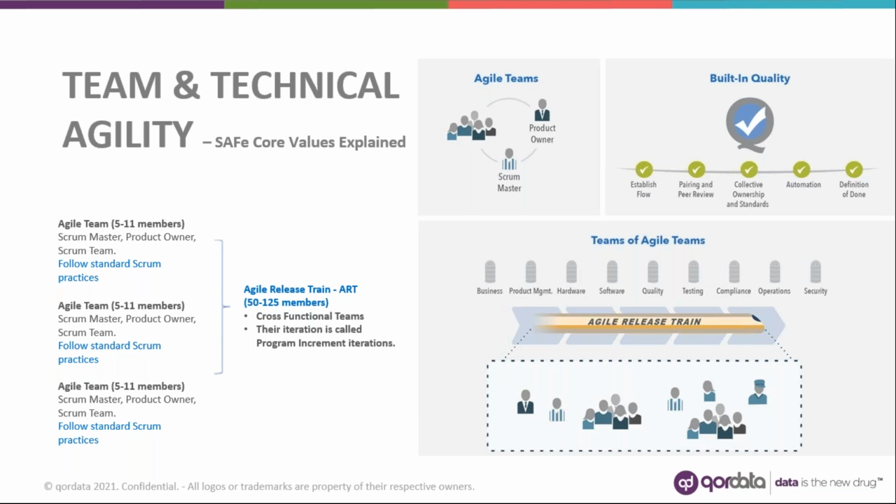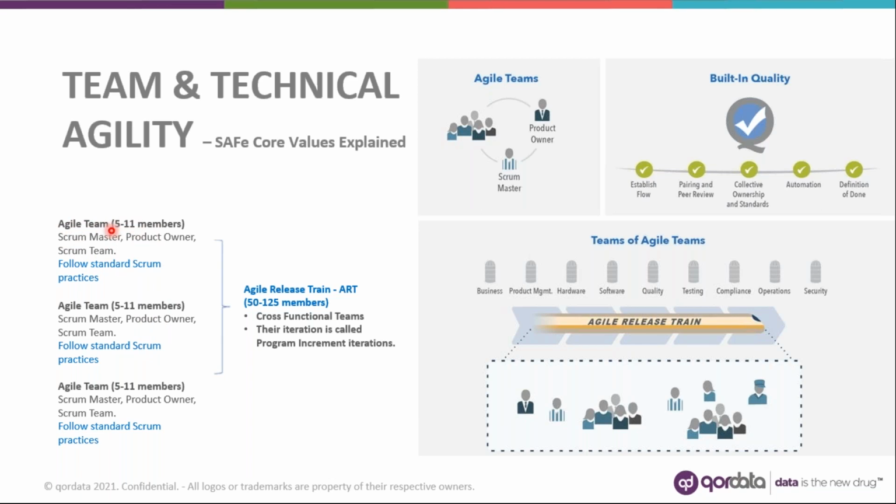The team and technical agility competency basically describes the critical skills and lean agile principles and practices that high-performing agile teams and teams of agile teams use to create high-quality solutions for their customers. So you can see here, we have an agile team that has a product owner, a scrum master, and a technical team. So this is very much similar to the Scrum framework. We have an agile team, basically teams of agile teams. We have multiple teams over here.